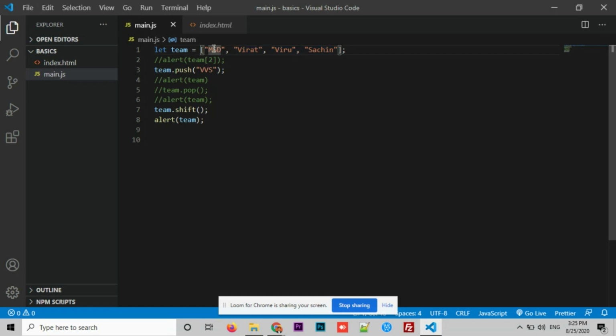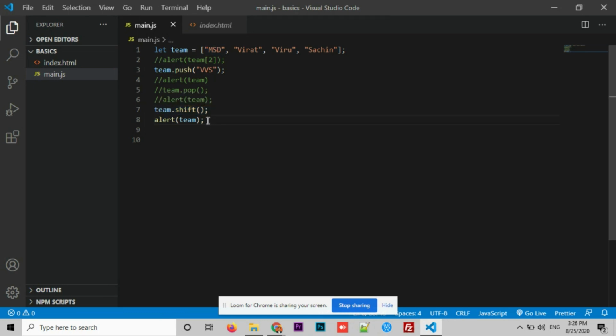Consider this: at this moment in the 0th index, MSD is there, Virat is there in the first, Viru is there in the second, Sachin is there in the third, right? Now, because I have performed the shift method on the array, MSD will get removed from the team. Now the 0th index will get assigned to Virat, Viru becomes the first, Sachin becomes second. These things will be performed as soon as you use the shift method on any array.